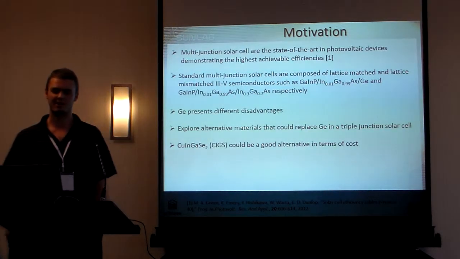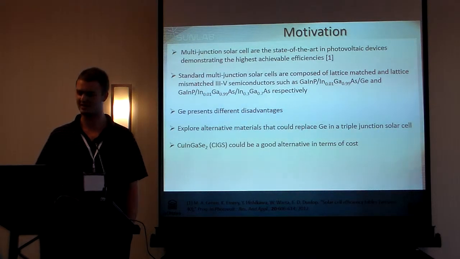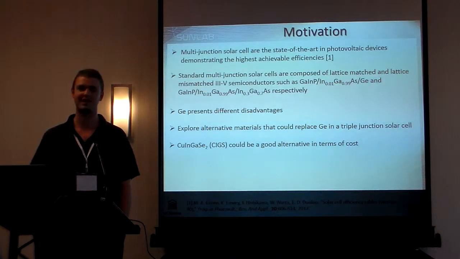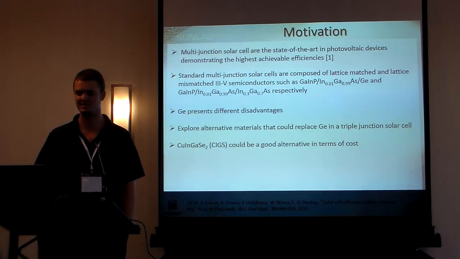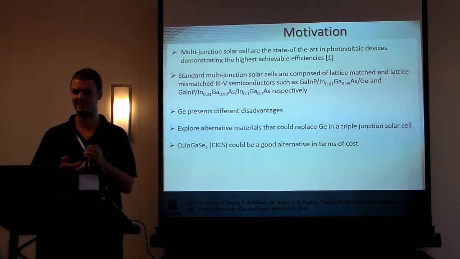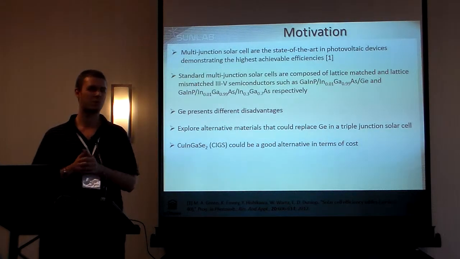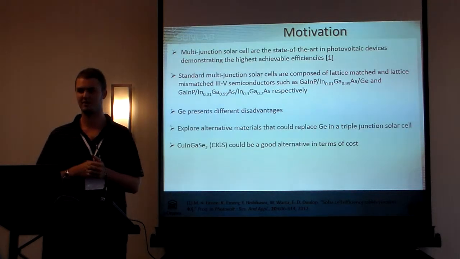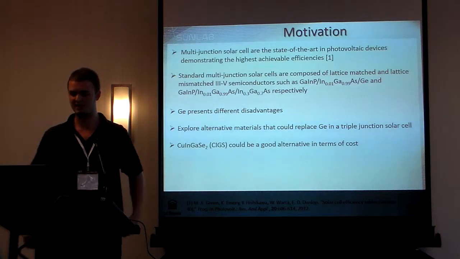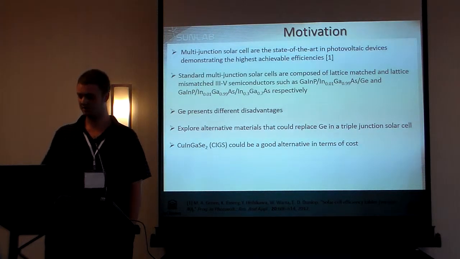So photovoltaics are gaining a lot of interest in the past few years because they are renewable energy. And at this time, multi-junction solar cells are the state-of-the-art photovoltaic device demonstrating the highest efficiencies. Standard multi-junction solar cells are composed of InGaP, InGaAs, and germanium. But as we will see, germanium presents some disadvantages. So we are interested in exploring alternative material that could replace germanium in a triple junction solar cell. And as we will see, copper indium gallium disulfide, which I will just call CIGS, could be a good alternative